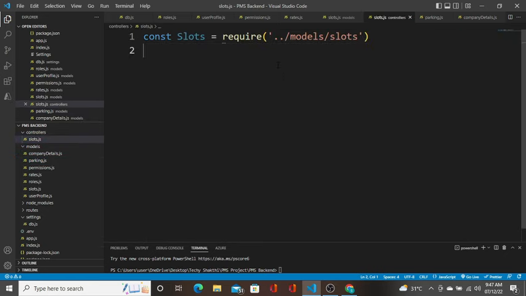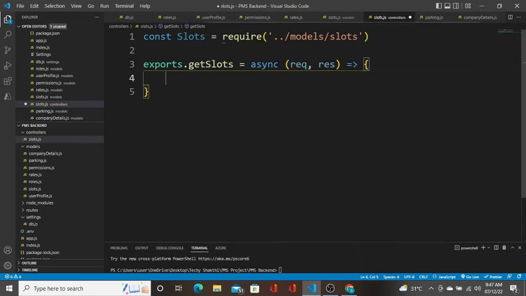So for the slots, I'm going to write a method. I'm going to say exports dot get slots equal to; first I'll write the code, then I'll explain. Request, response, arrow function, right? Inga I'm going to have a variable called slots equal to await, and I'm going to use the